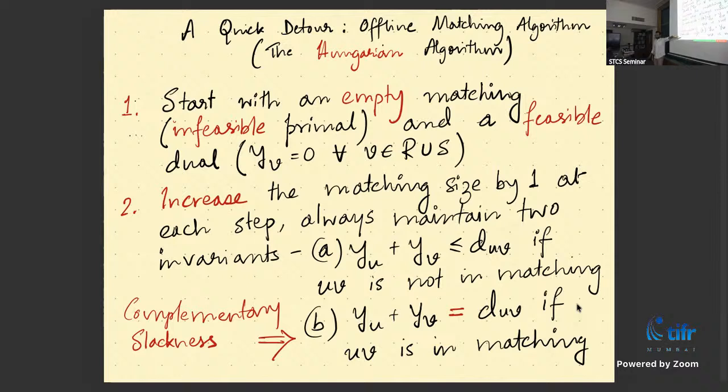So this is the more non-trivial one. There is another complementary slackness condition, which is the dual one, that is maintained trivially by this algorithm, so I'll not go into that. And at the end, you will end up with a perfect matching. And because you are able to maintain the complementary slackness conditions always, you will end up with an